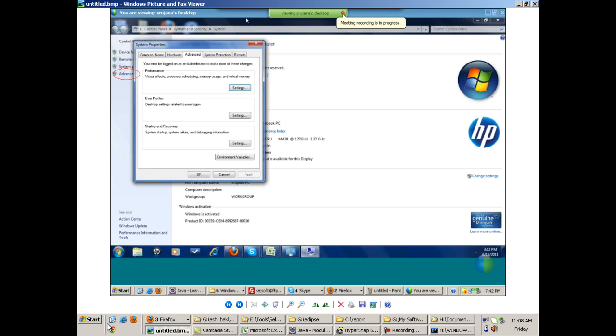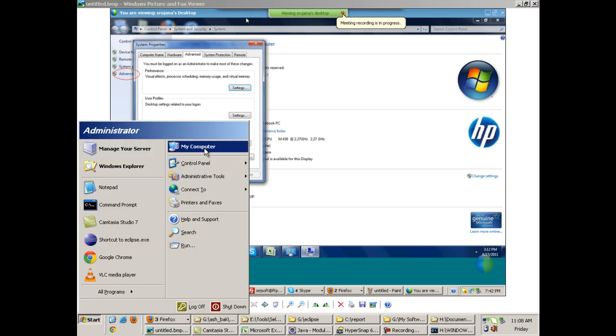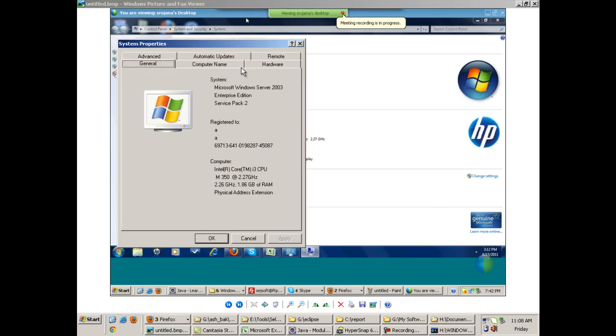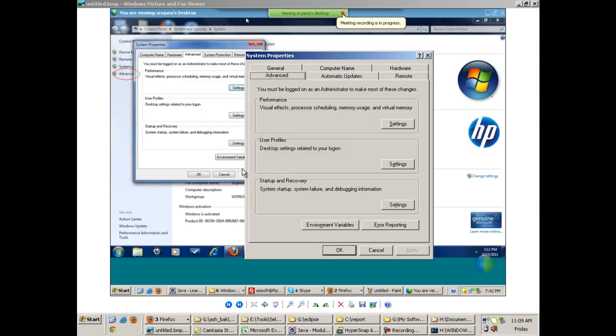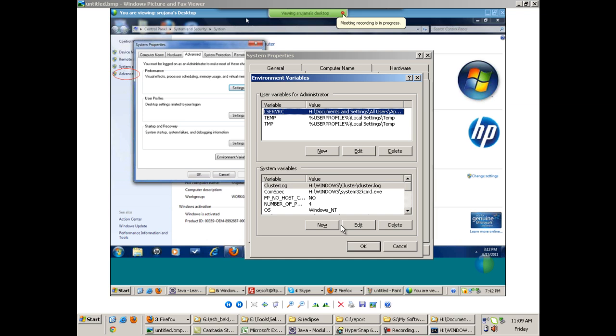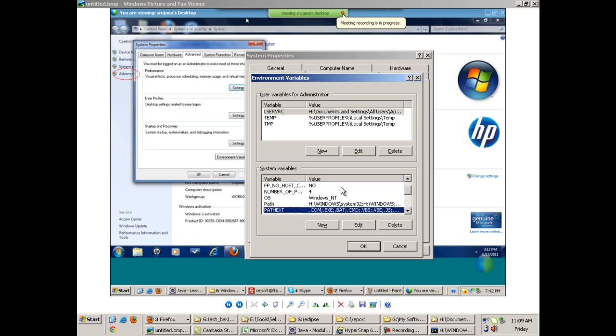Similarly, out here in my PC as well, I will go to Properties and go to the Advanced tab. Once you are in the Advanced tab, click on the Environment Variables button. This button will be there in Windows 7 or Vista as well. Now be very careful while using these variables. These are your system variables. Something wrong can happen to your PC if you edit and do something wrong.